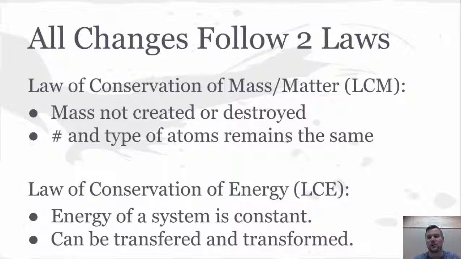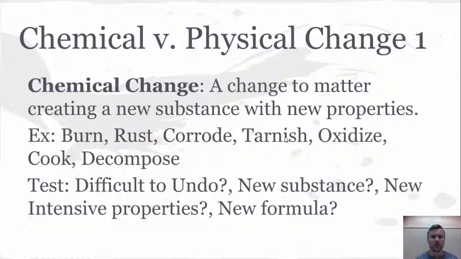So law of conservation of matter, LCM, law of conservation of energy, LCE, both are followed for both physical and chemical changes. A chemical change is going to be a change of matter that produces some kind of new material, which will have new properties. And that's how we're often going to determine if a chemical change occurs: we're going to look for some of those new properties. If you have formation of heat or light, if you make a gas, if you have a color change, or if you form a solid, those are often indicators of a chemical change.